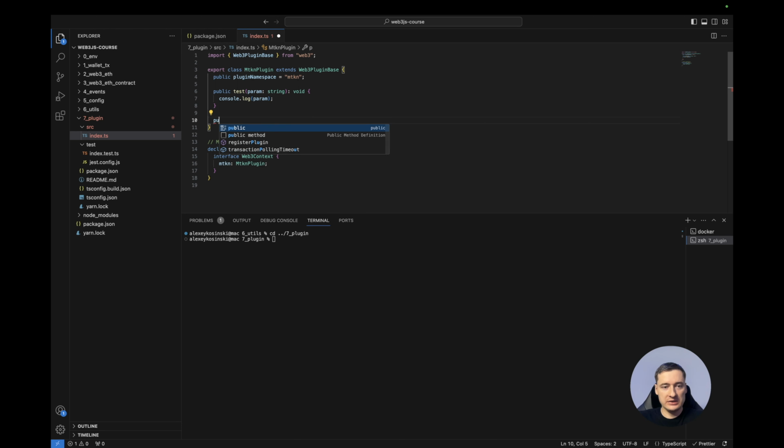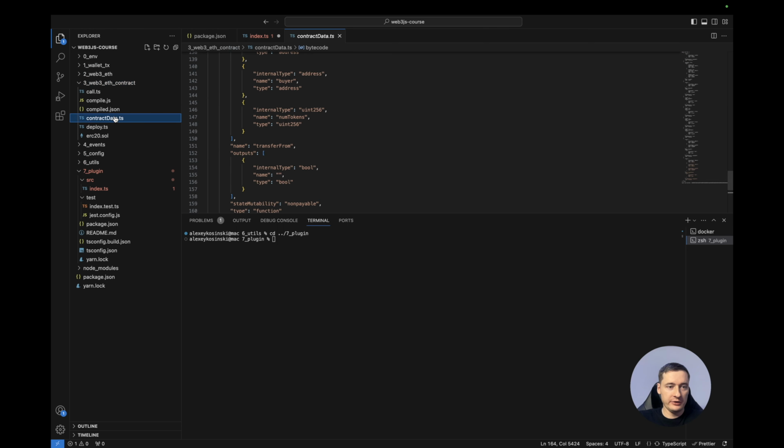So let's create public transfer, and we need to have the contract here, new Contract, and we need the ABI. Okay, let's go to our token